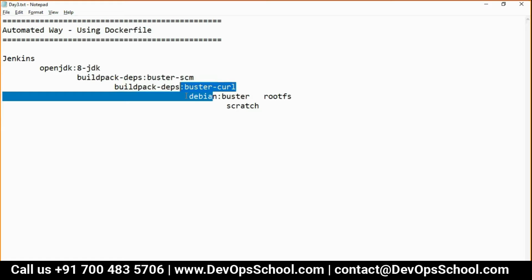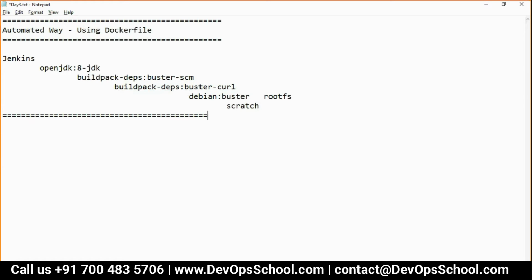Okay. So guys, this is the evolution of how you do that. But I have a few questions in my mind, about a Jenkins container. You all are going to help me out with this question.